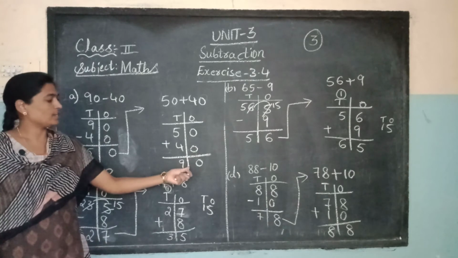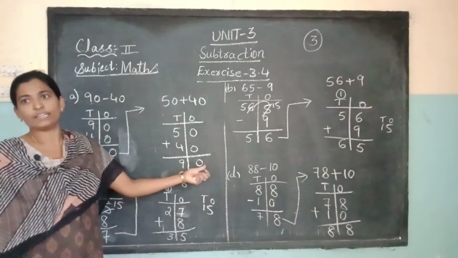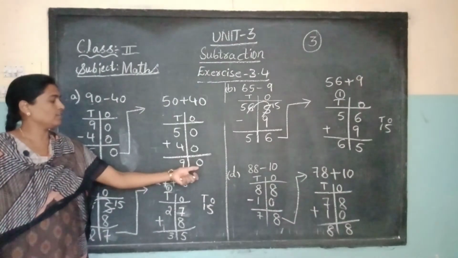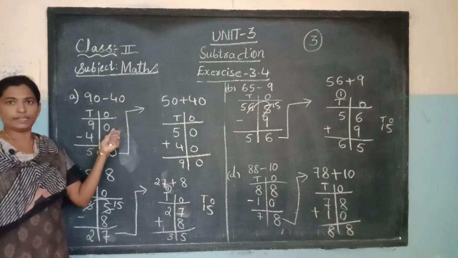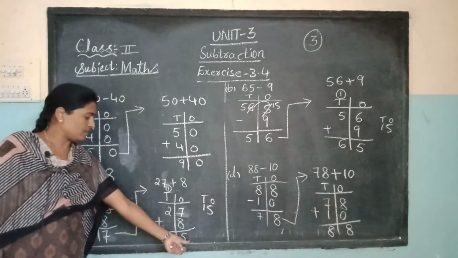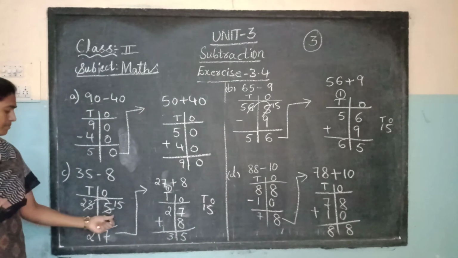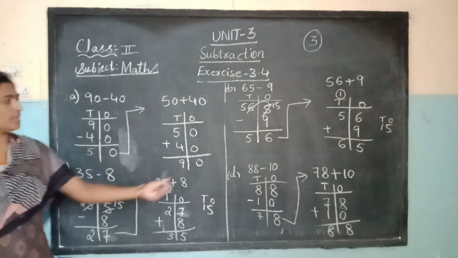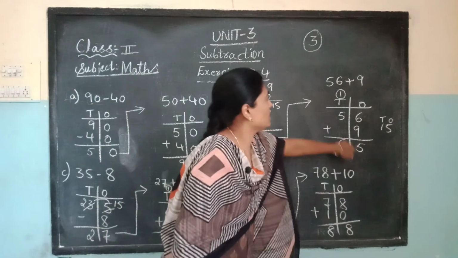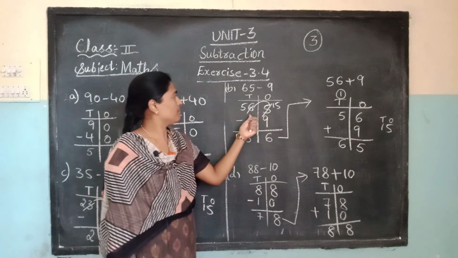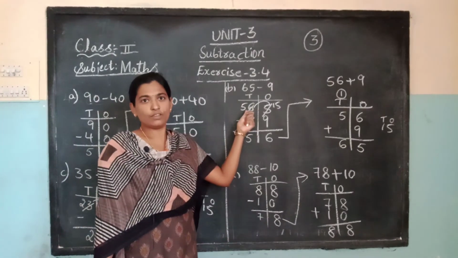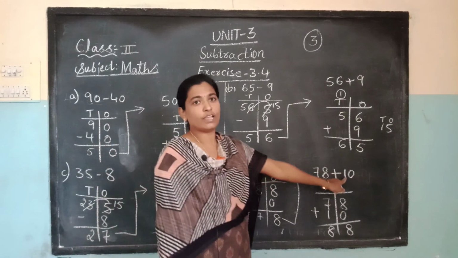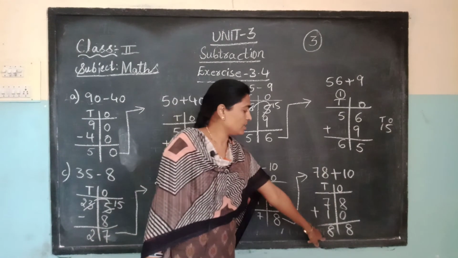Whatever we are doing, addition, is to check this answer whether it is correct or wrong. That's why we are doing addition. See here, 90 you got. Again here also 90 is there. Again here also 35 is there. Again if you take minus, here also it came 35. Again here also you see 65 is there when you have done addition. Again if you do minus, here also you got 65. See here also 88 is there in minus. Again when you did addition of these two numbers, you got 88.